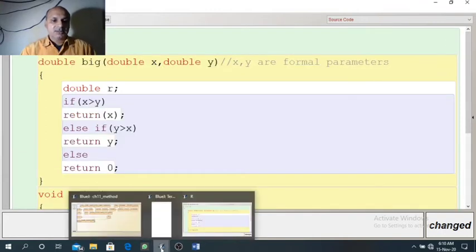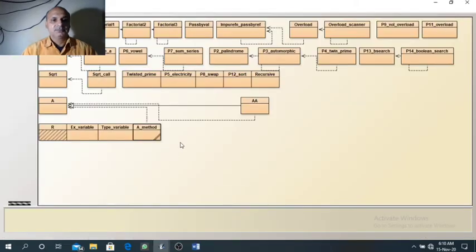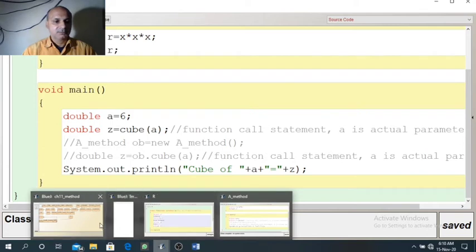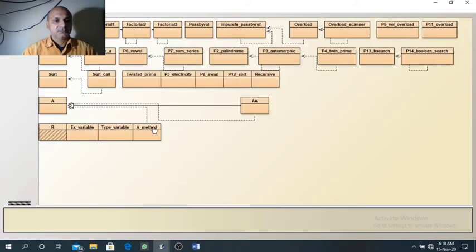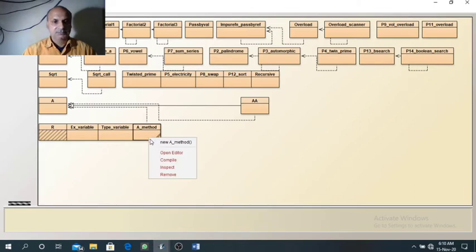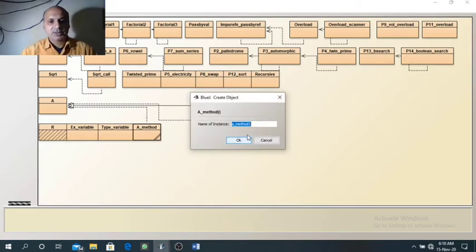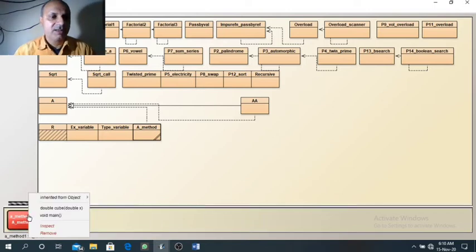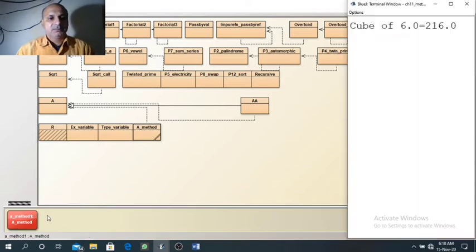Now we will see the result. First we will create an object of the class. Then through the object we can run the main method. I have executed another program here.